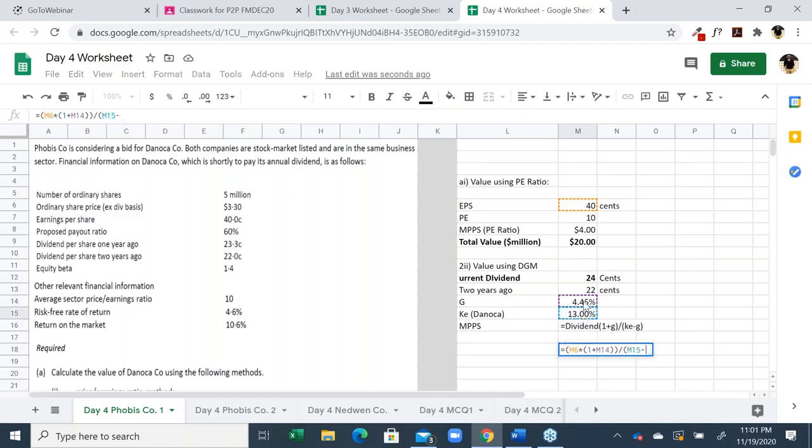From the cost of equity, we need to subtract the growth rate, and the market price per share is in cents, whereas we need it in dollars. So let's put a bracket around this figure and divide it by 100. So it's